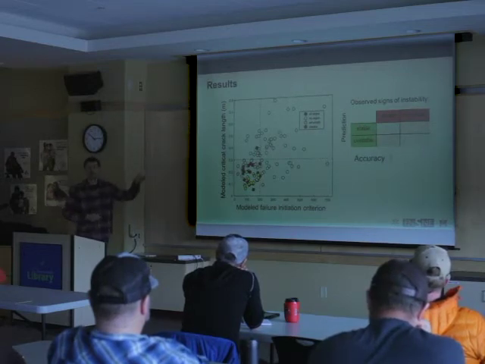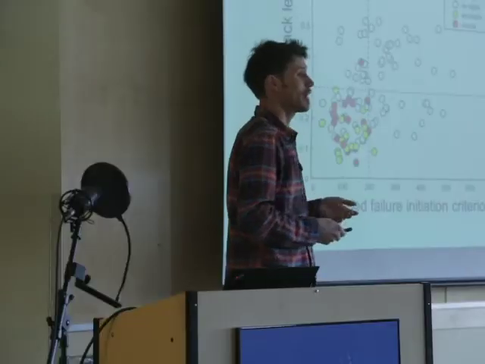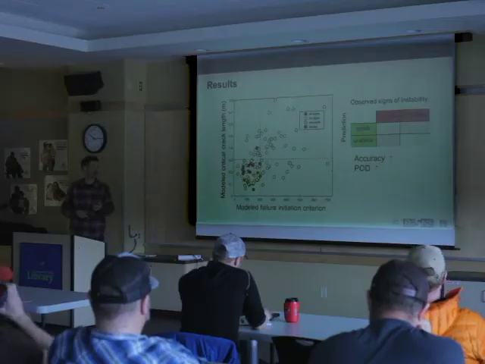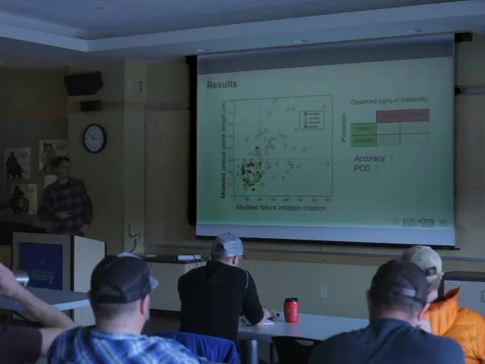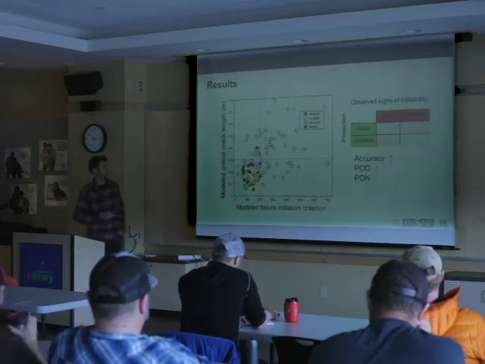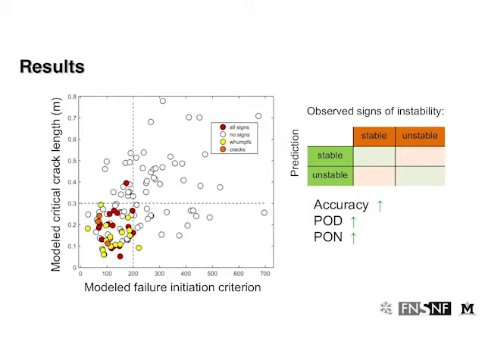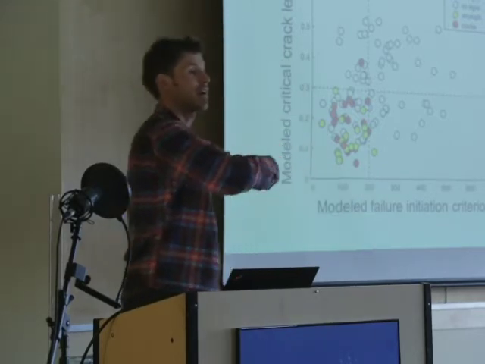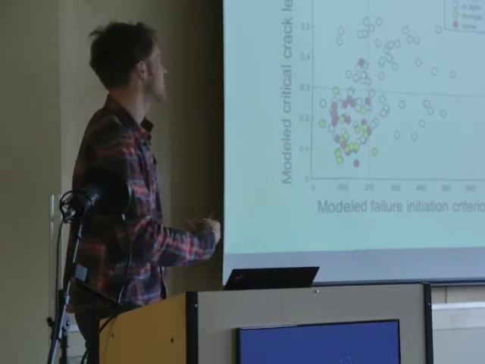So what do we want in this matrix? Ron mentioned it already. We want to have a high accuracy, a high probability of detection, and a high number of predicting the non-events. And as we're talking about snow instability, and I'll tell later why I like this word instability better than stability,